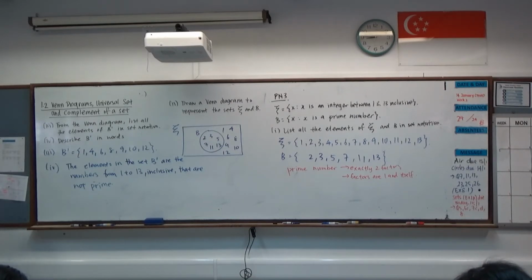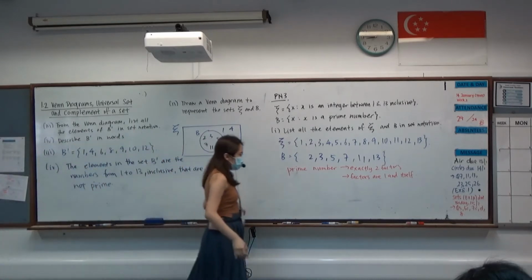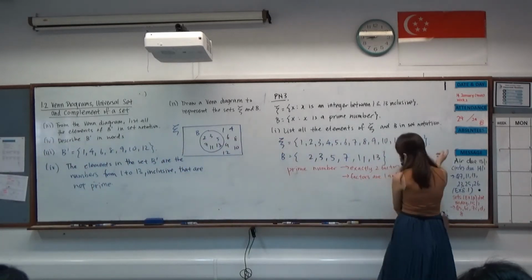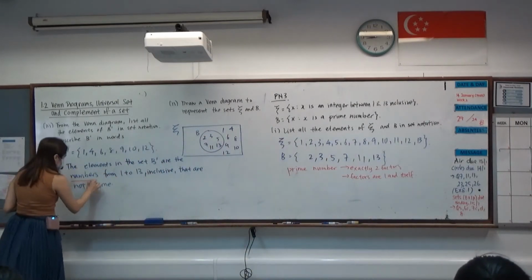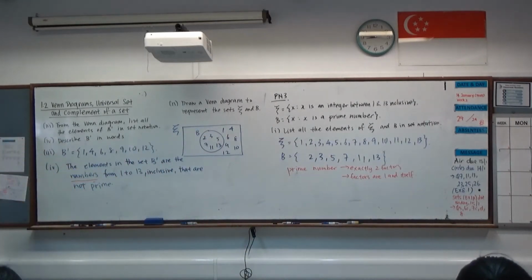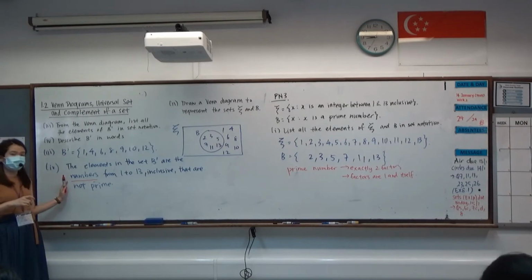Okay. Alright, I want to point out a certain thing to you. I know that we all recognize all this as numbers, but it is not correct to actually use the word numbers itself over here. Why is that so? When we say numbers, it can include your integers, your decimals, your fractions, your irrational, and your rational numbers. So when you use the word numbers so loosely like this, and you say that they are not prime,